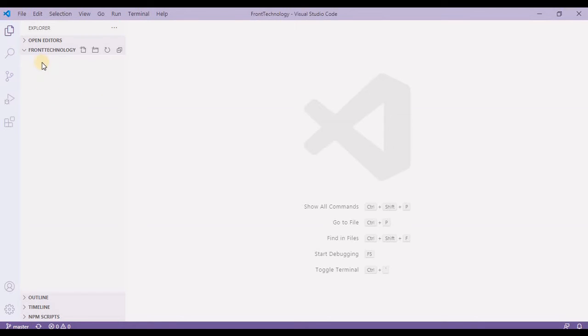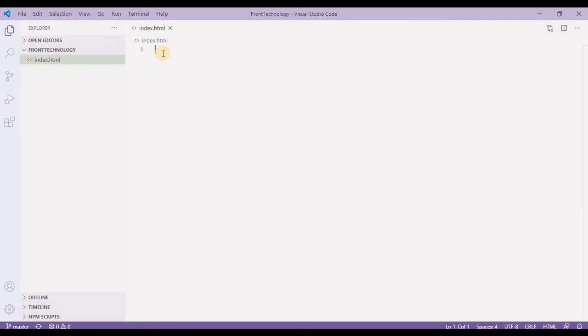Right now I am in a directory called front-end technology, and here I am going to create my first HTML file, which is going to be index.html. Now I guess you have the basic ideas of HTML, so I'm not going to waste time writing each line of code, so I'll take the shortcut.